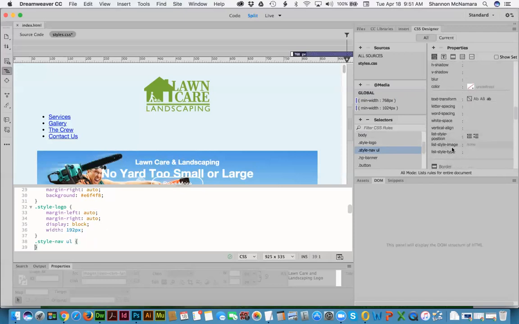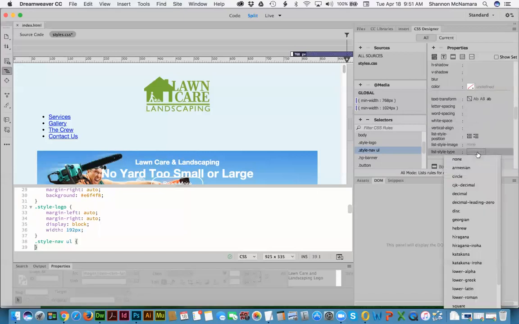There we go. So it's down in layout. If you scroll down past margin, past padding, past position, past float, past text shadow, down in this area that begins with text transform, list style type,